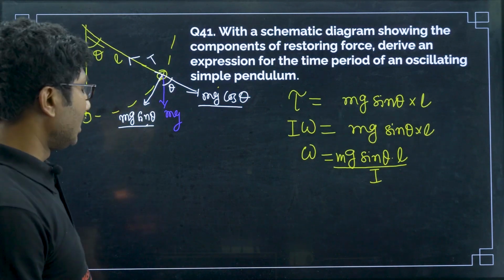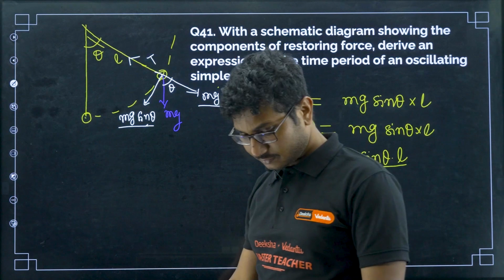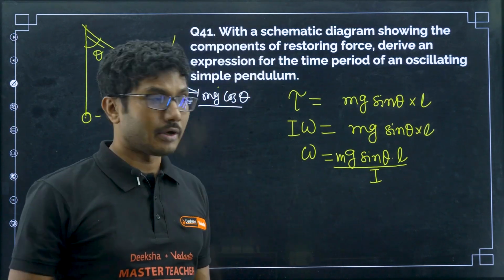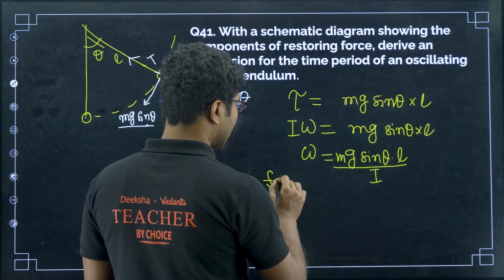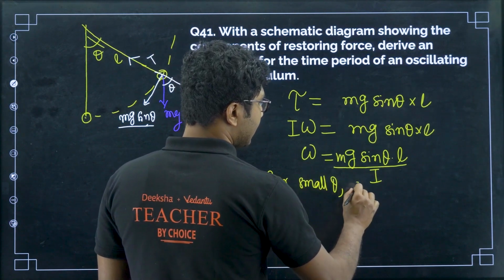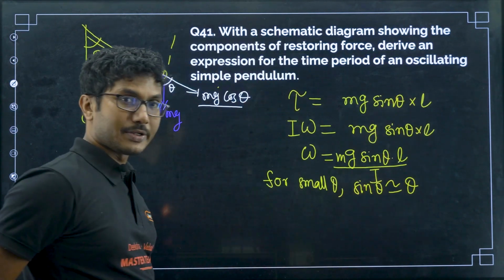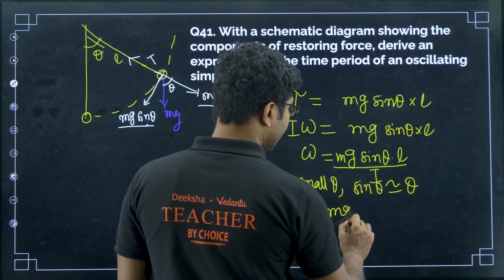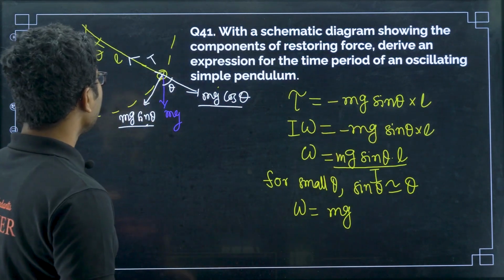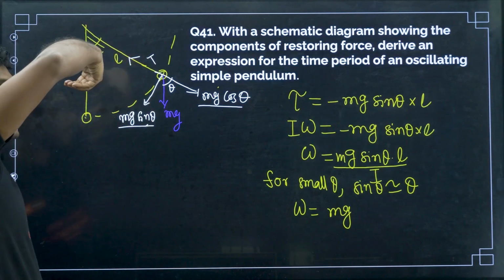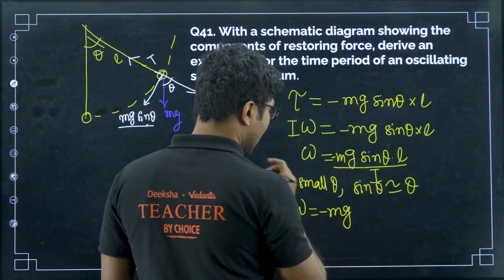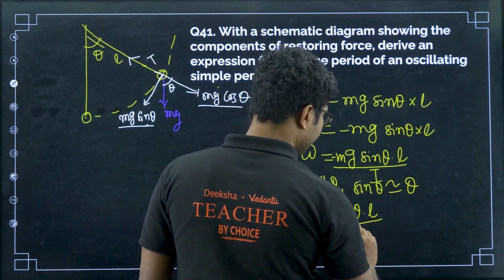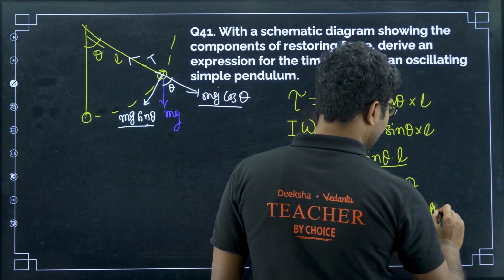Okay. Now, you have to understand that simple harmonic motion is only possible if the value of theta is very, very small. So, a simple pendulum oscillates in simple harmonic motion only if the value of theta is very small. So, for small theta, sin theta is nearly equal to theta when theta is expressed in radians, right. So, for small theta, sin theta is equal to theta. So, omega is basically equal to mg. There is a negative sign, by the way. Why negative sign? Because theta is pointing in this direction, but torque is acting in the opposite direction. So, there will be a negative sign. Okay, you have to be careful. In case you forget, you just need to add it later on. So, mg theta into L divided by I, or it will be minus mgL by,